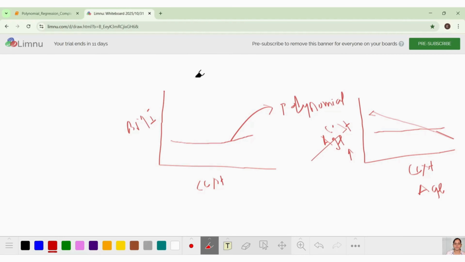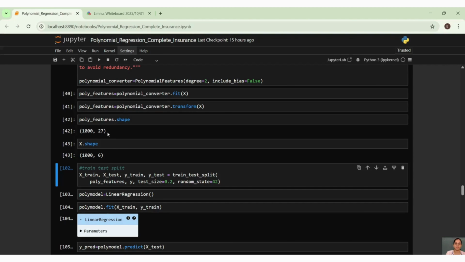What we studied to predict y hat: we have beta 0 plus beta 1 x plus beta 2 x square plus error or bias. Here in case of bias. So what it is doing, it is calculating these values like x square, and it is adding up here. So finally you are getting 27.